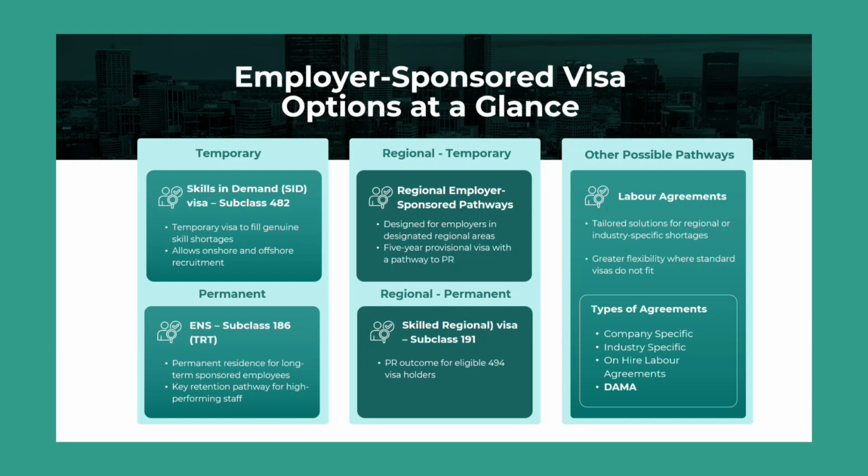And also, I didn't mention that in the 482 stream, a 482 sponsorship can be sought as an accredited sponsorship from the Department of Home Affairs. It depends how many previous employees you have sponsored, how many years, the turnover of your business, and what is the majority of your workforce, 70% Australian employees, 30% overseas candidates. Then you can seek an accreditation. And once you are an accredited sponsor, the processing time is absolutely reduced to maybe a couple of days, okay?